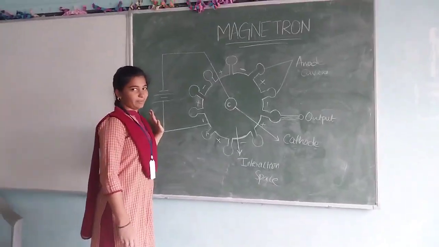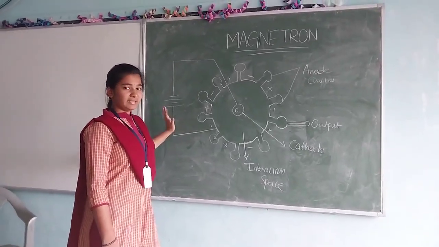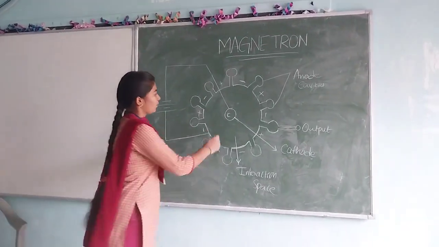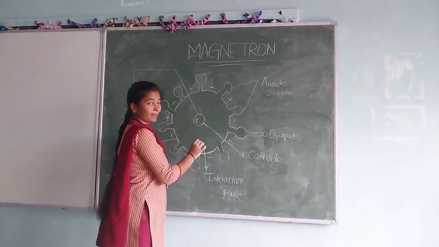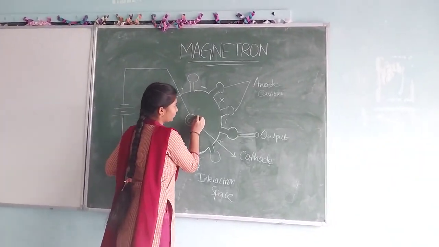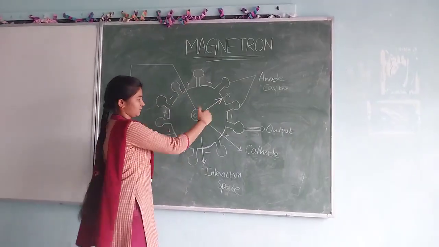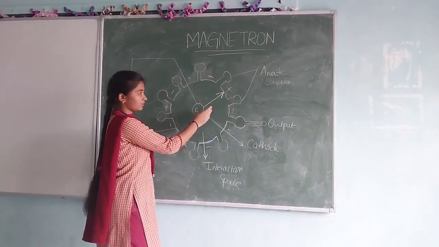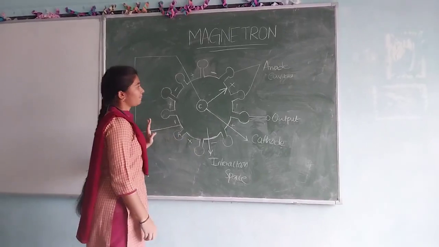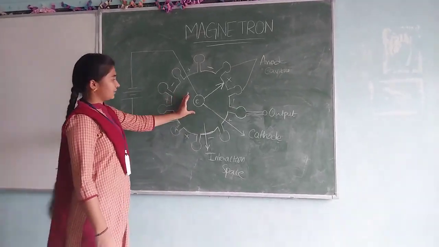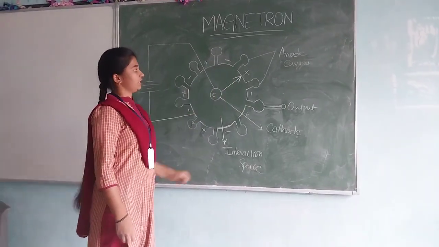To know the working of magnetron, we have three cases in it. So let us discuss one by one. In the case 1, the magnetic field is 0. It means only the electric field is present in this. When the electrons are emitted by the cathode, when there is no magnetic field, it will move in a straight line and reach the anode in this way. There will be no deflection of electrons because there is no magnetic field present here. So in the case 1, the electrons emitted by the cathode will reach the anode in a straight way without any distortion.